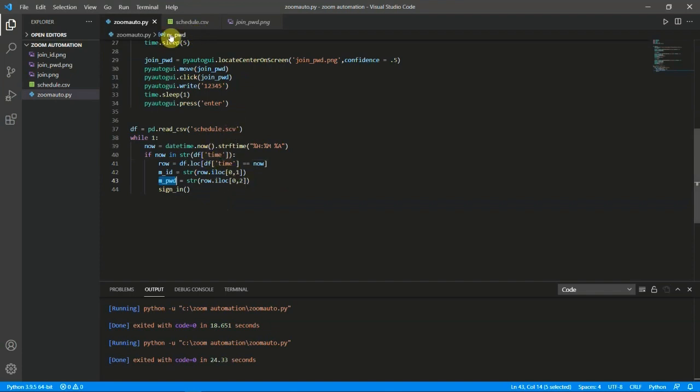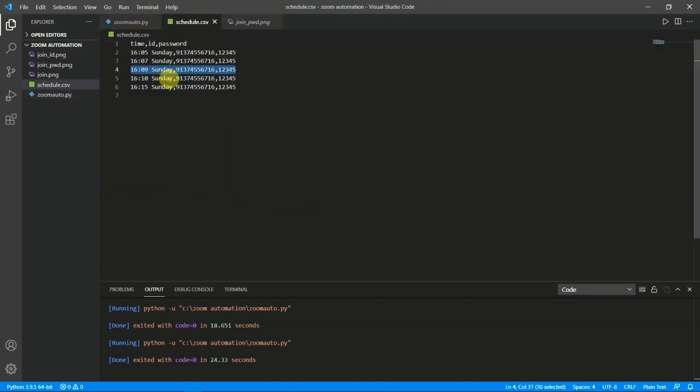This 0,1 means the zeroth sheet, the first variable. This is 0, this is 1 and this is 2. It starts with 0, 1, 2. This is the zeroth sheet, the whole sheet, and this is location 0, this is 1 and this is 2.